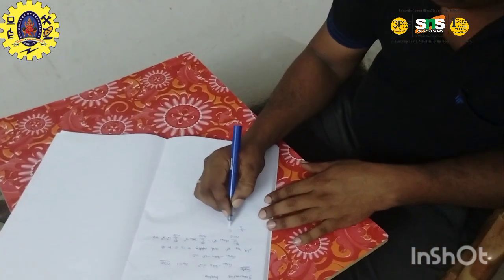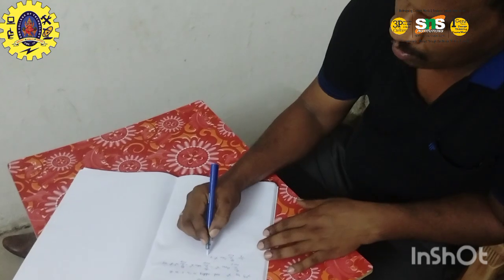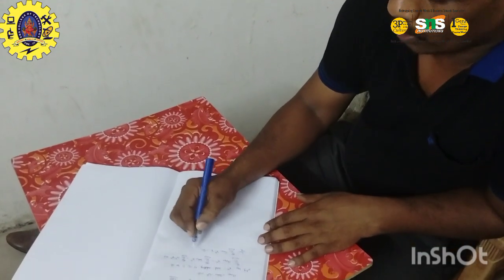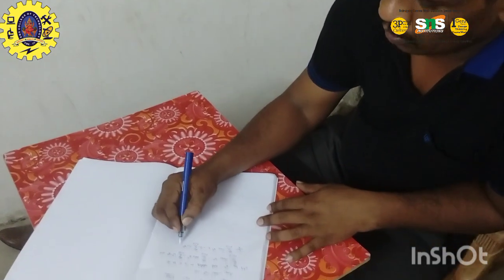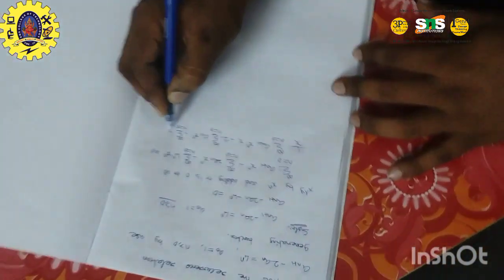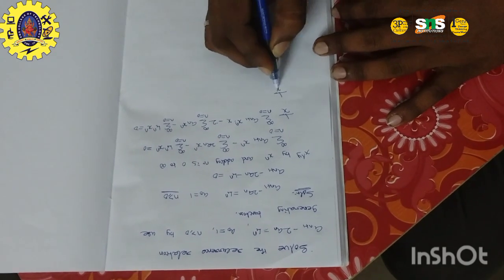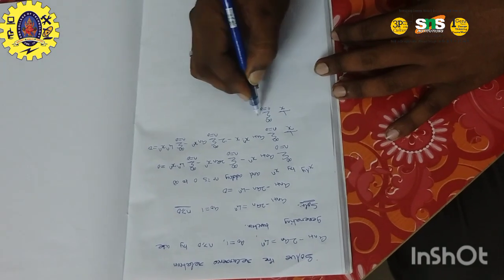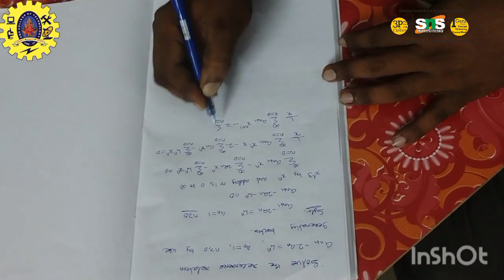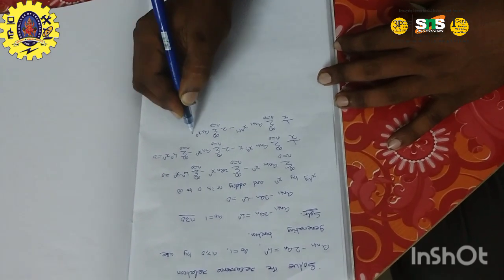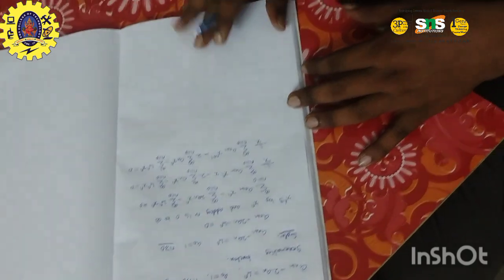That is, 1/x times the summation from n equals 0 to infinity of a_{n+1} x^{n+1}, minus, taking the constant outside, 2 times the summation from n equals 0 to infinity of a_n x^n, minus the summation from n equals 0 to infinity of 4^n x^n, is equal to 0. So this equation is 1/x times the summation of a_{n+1} x^{n+1}, minus 2 times the summation of a_n x^n, minus the summation of 4^n x^n, equal to 0.